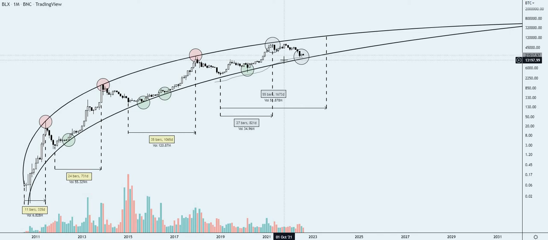So the first thing is we peaked, if you think we peaked here, in 2021 at 69,000, whatever it was, to be exact. We didn't actually tap the bottom of the band. We didn't actually touch it. So that's why I've marked this as gray for now, because it's kind of an unknown at this point. So that was just something I noted, that it didn't touch it, and it tried to get up there again,